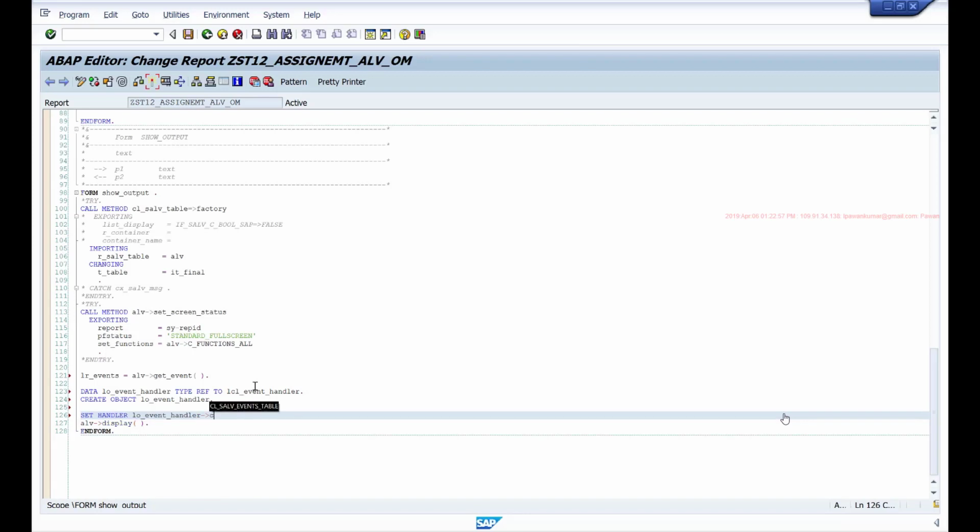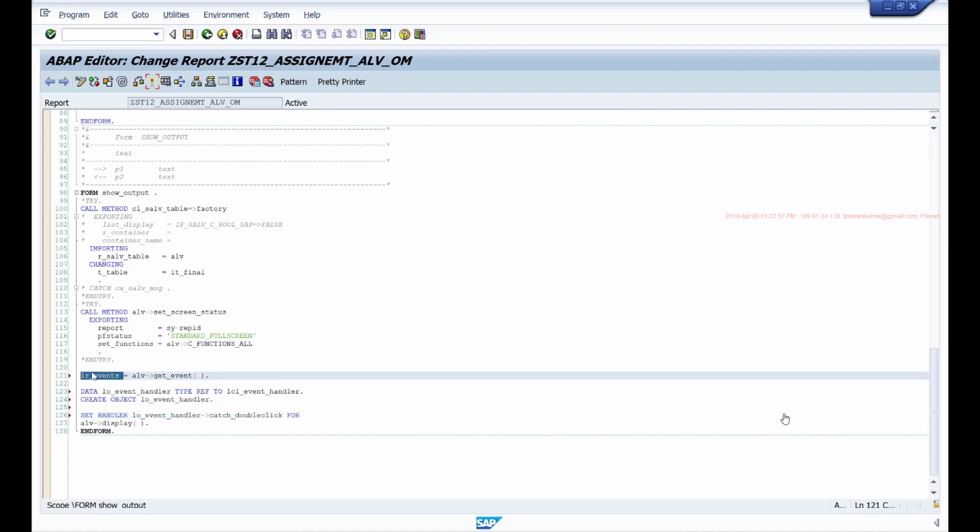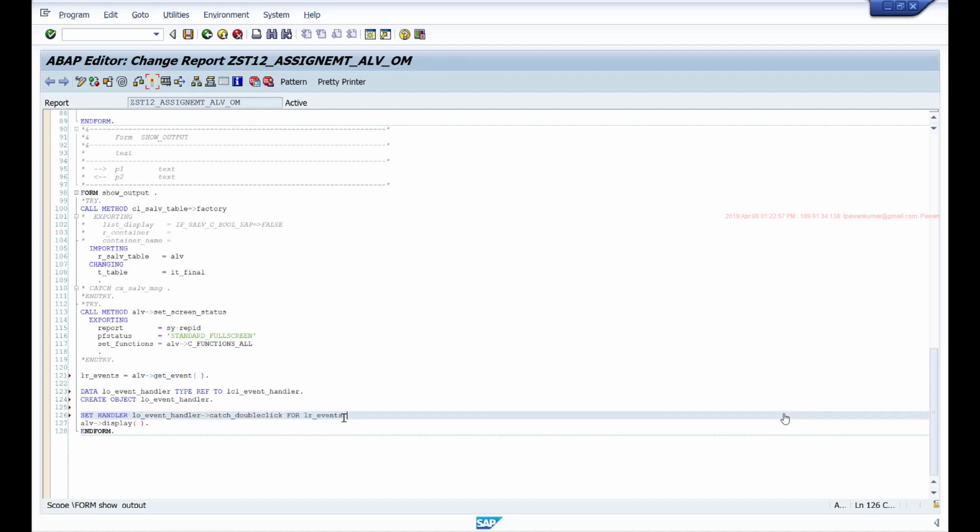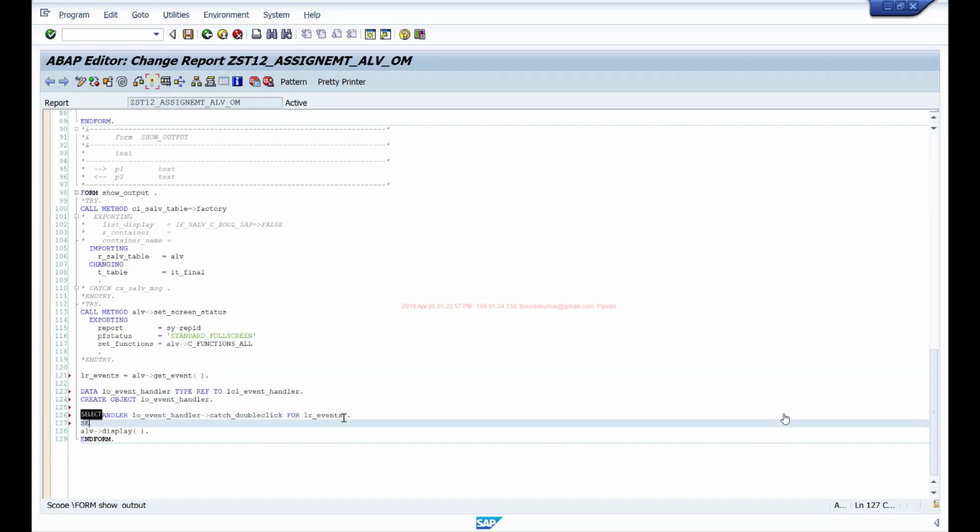The method is catch double click for this reference object, because this will have the events. Similarly, I'll set the handler for lo_event_handler->handle_functions for this class lr_events.